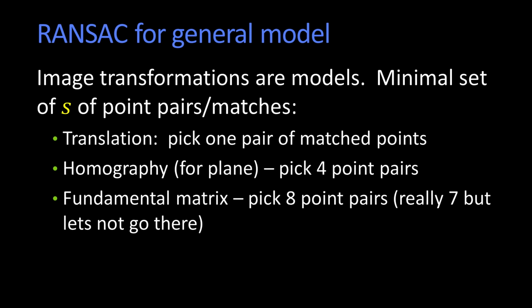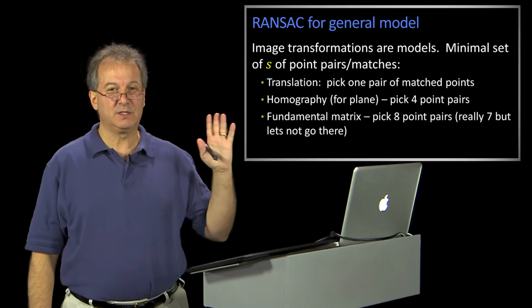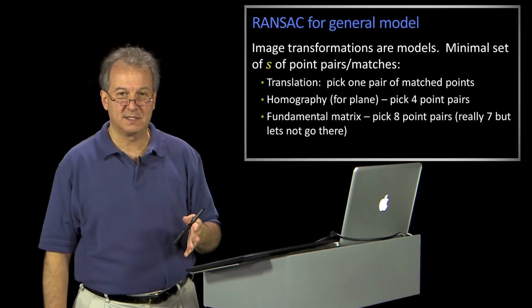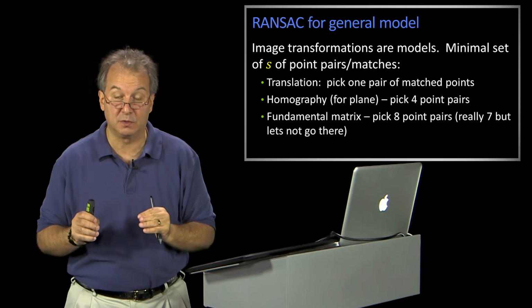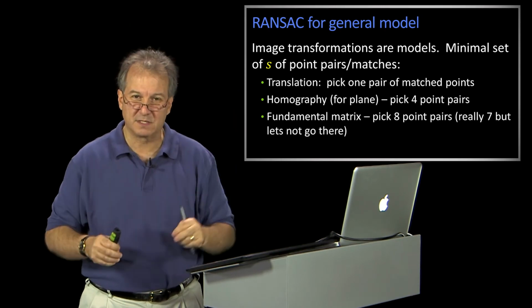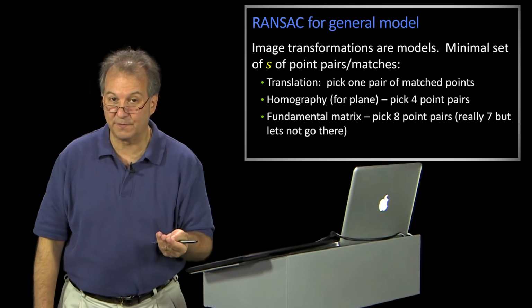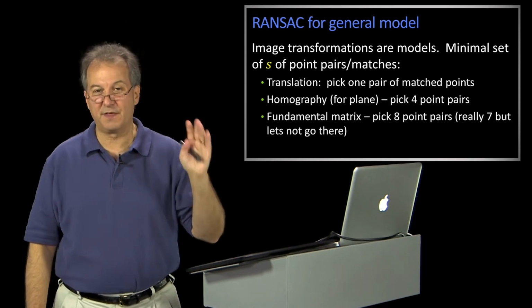How about a fundamental matrix? We showed you something called the 8-point algorithm. That said if you had 8 corresponding pairs, you can compute that. By the way, it's actually 7. We didn't really talk too much about that. Do you remember when with 8 points we could solve for the fundamental matrix, but then you would sometimes end up with a rank 3 fundamental matrix, so you had to reduce it down to a rank 2? So we did that whole getting rid of the smallest eigenvalue. That's because there's actually fewer degrees of freedom. So in principle, you can do it with 7 points, but